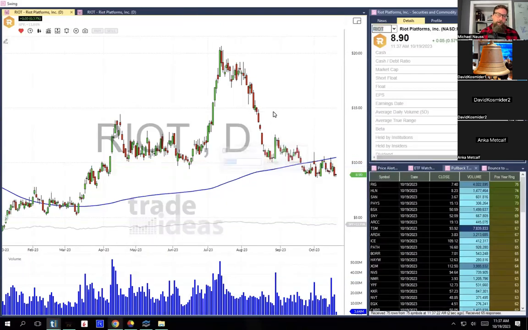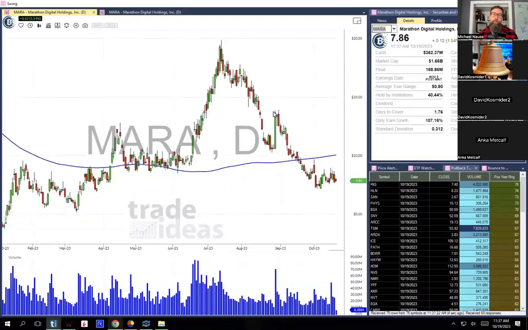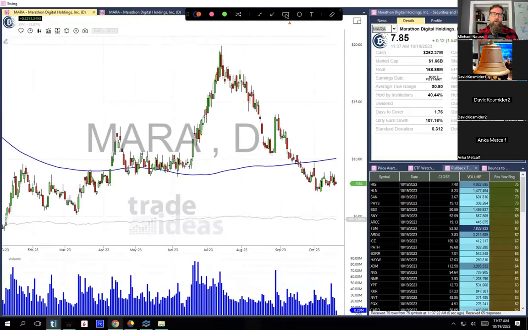I just want to go over to Mara just because Mara's short float is crazy. You notice the chart looks pretty much the same. It's also an unprofitable company, although slightly less unprofitable. And it's around the $10 area that I think you have to play. But what I like about Mara over Riot is a 29% short float. So if this guy gets going, that means 1 in 3 shares are lent out short. You're talking GameStop years ago levels of short.